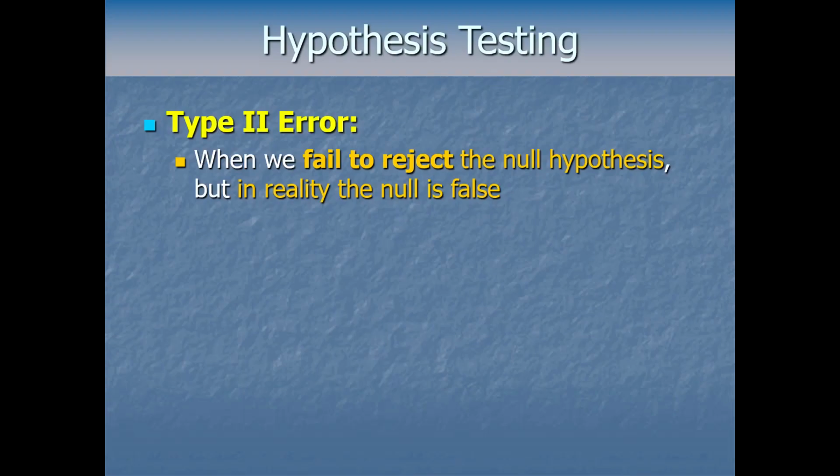And I want to be clear here. We are not saying error like you made a slip up or a mistake. This is stuff that can happen even when you follow perfect statistical procedures. It is literally built into significance testing because the whole thing rests on a probabilistic basis. So it is not an error in the sense of a screw up, but a type 2 error means you